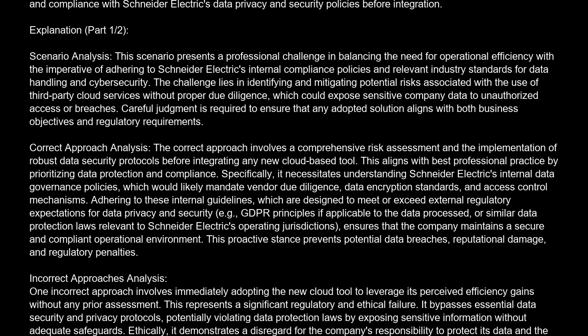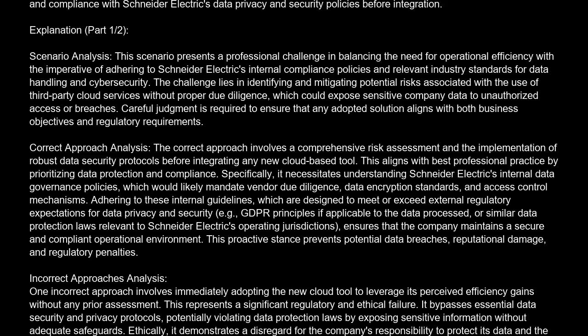Correct approach analysis. The correct approach involves a comprehensive risk assessment and the implementation of robust data security protocols before integrating any new cloud-based tool. This aligns with best professional practice by prioritizing data protection and compliance. Specifically, it necessitates understanding Schneider Electric's internal data governance policies, which would likely mandate vendor due diligence, data encryption standards,